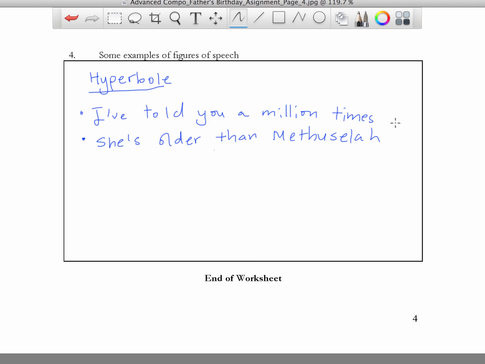When we want to say someone is very, very old, but here I actually, how should I say, change its use. I change it from a simile to a hyperbole. So when I say someone is older than Methuselah, it's obviously an exaggeration. Do people live to be more than 400 years old? No. But the point I'm trying to make is that she's really, really old. And another one,